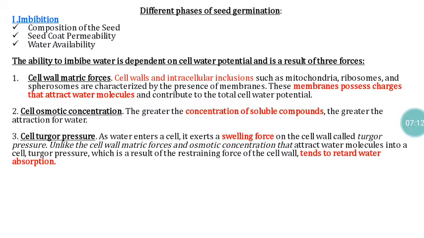We already have a classification of seeds that is mainly based on biochemical constituents. We classify seeds into three categories: cereals, pulses, and oil seeds. If a seed is a cereal, it will definitely have more carbohydrate. If it is a pulse, it will have a higher amount of protein. If it is an oil seed, it will have more fat or oil content. So this classification is mainly based on the biochemical constituents of the seeds.